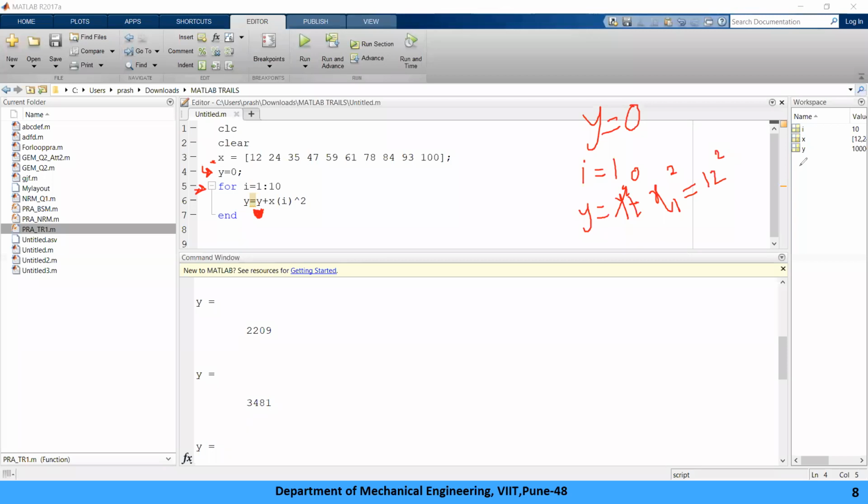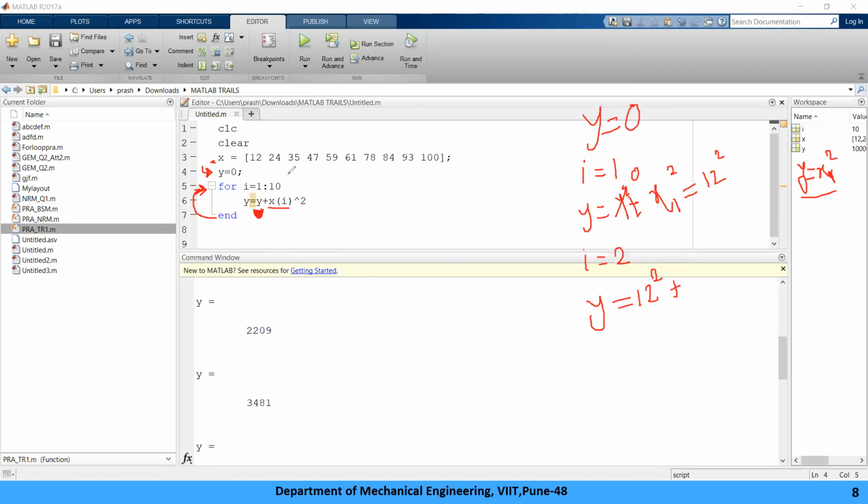So in workspace memory, y is now x1 square, or 12 का square. Then again the loop will start, second iteration, I equal to 2. It will calculate y equal to y, which is x1 का square, that is 12 का square, plus next is x of I का square.